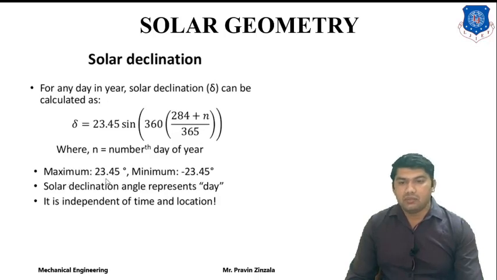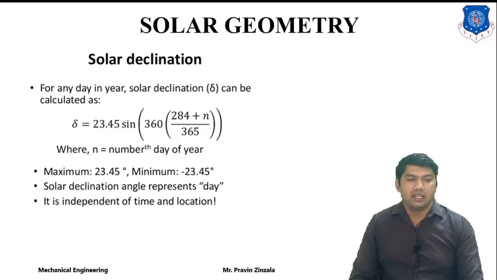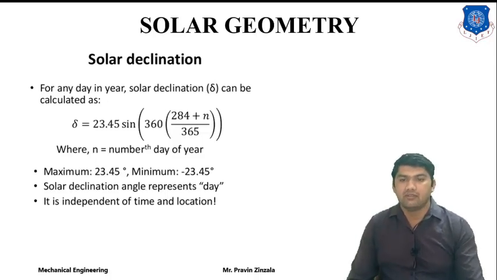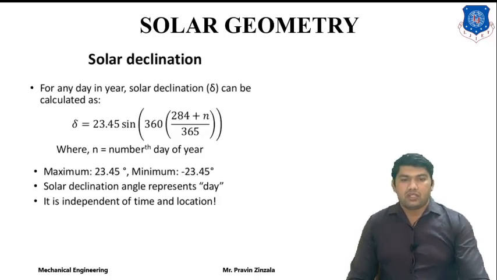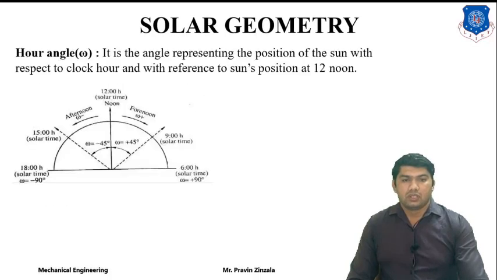The value of the declination will be a maximum of 23.45 degrees and a minimum of minus 23.45 degrees. So it depends upon the position and time, or on the season. In our India, we generally consider 23.45 degrees, but it also depends on the season, such as monsoon, summer and winter. So these are the equations for calculating declination, the angle between the earth and sun while projected on the equator of earth.